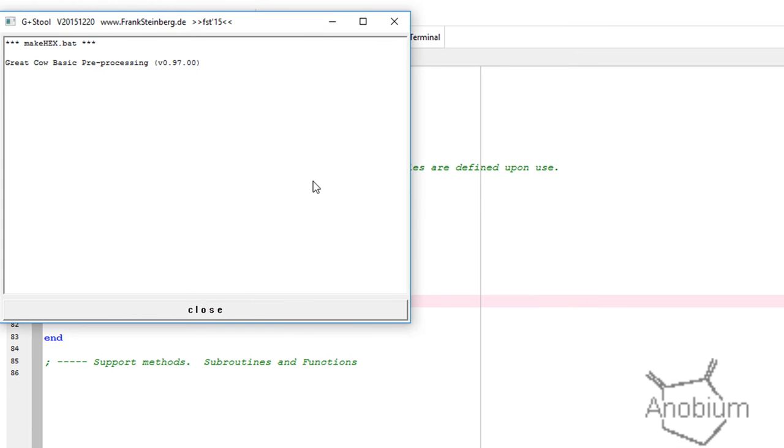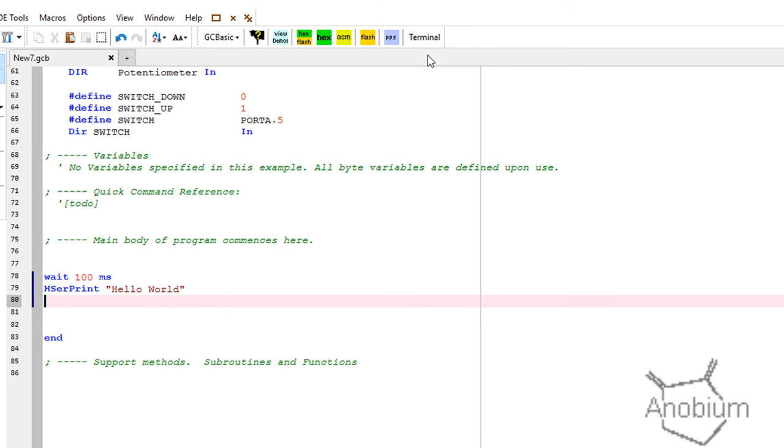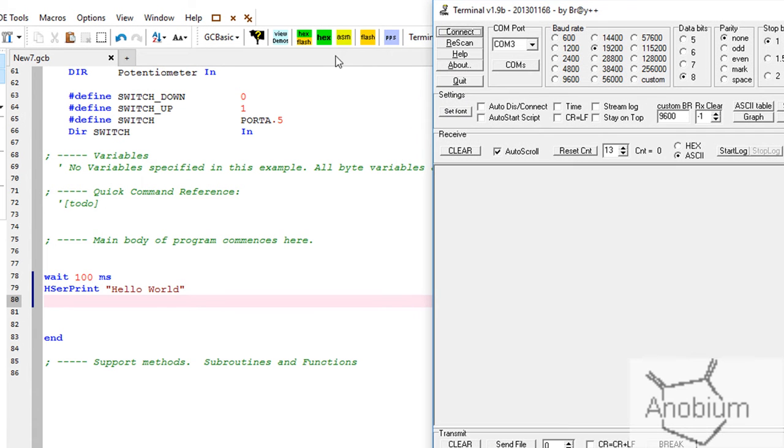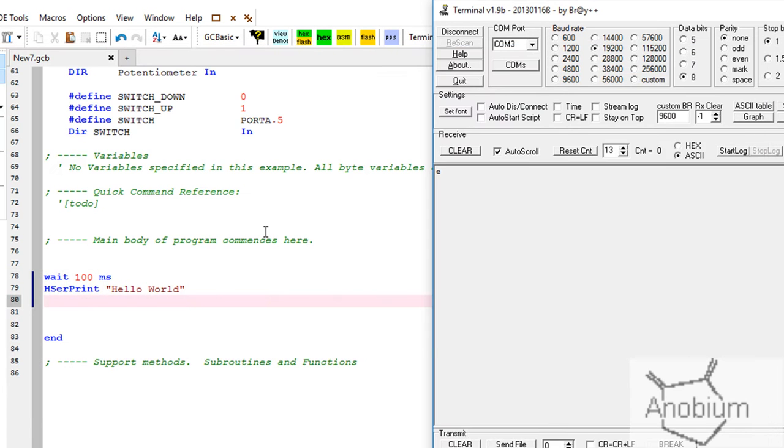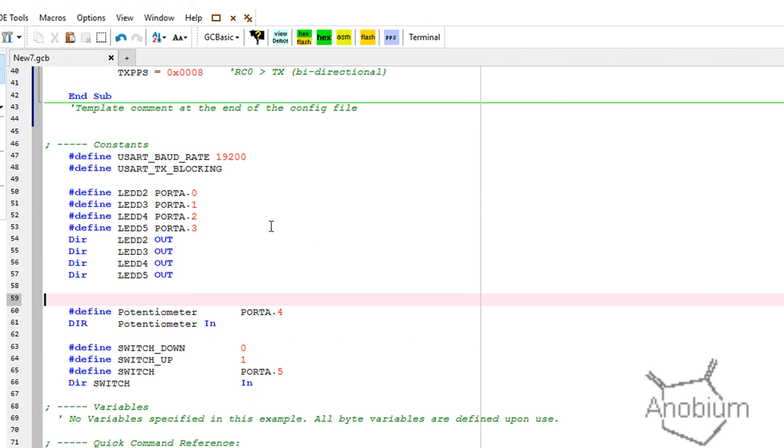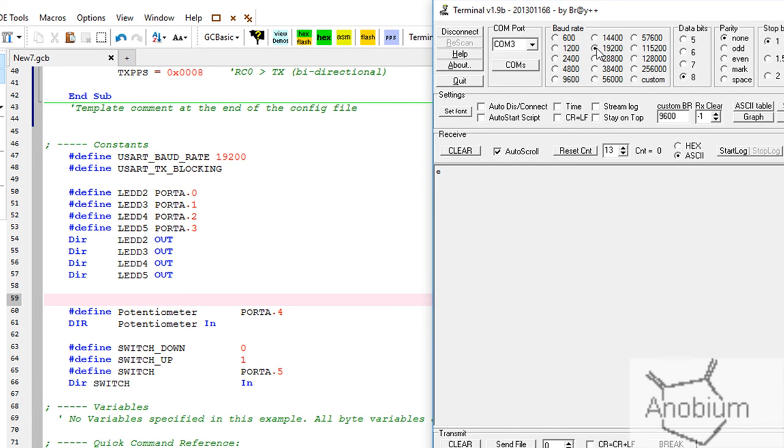Right, let's just hex and flash that. Now, so what I've done, I've shown you a new PPS tool. Okay, and we're going to bring up a terminal. Happens to be on COM3, I know that. I'm going to press the reset button down here, and yep, that's that thing coming up. I've got an E